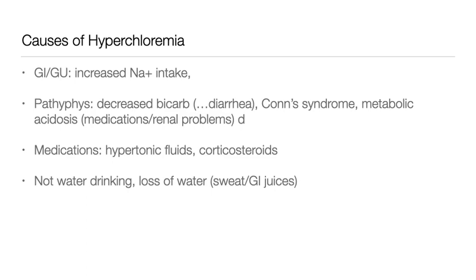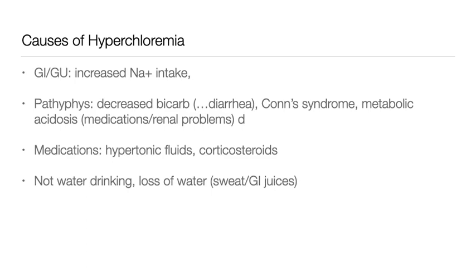We might also cause this when we are administering hypertonic fluids or giving corticosteroids. And similar to hypernatremia, this can be caused by not drinking enough water or losing water through some of those typical